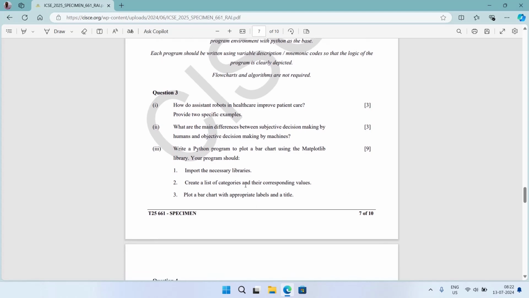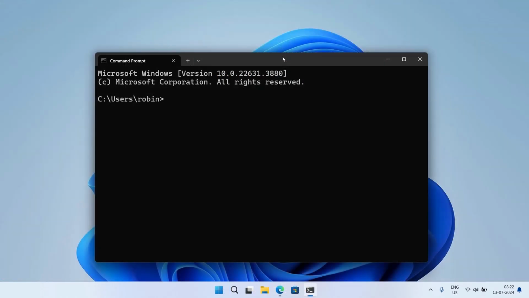So I found this question interesting and I felt like sharing the solution to this question. So let's write the code for this question. If you haven't yet installed the matplotlib library, you need to install it first. And obviously, you need to install Python first. So once Python is installed, but you haven't installed the matplotlib library, then you can install this library by typing the